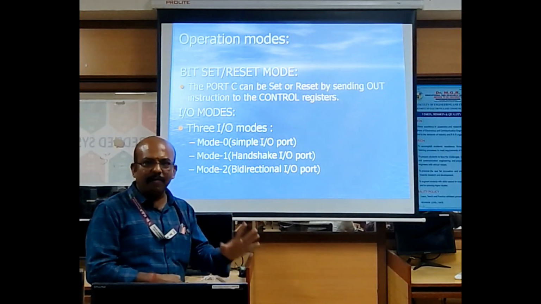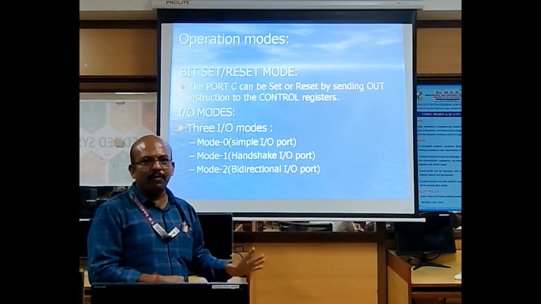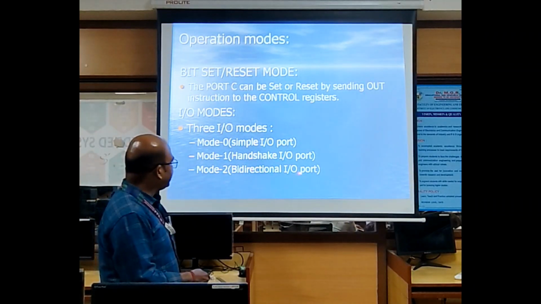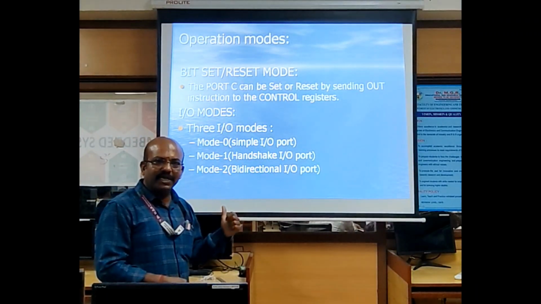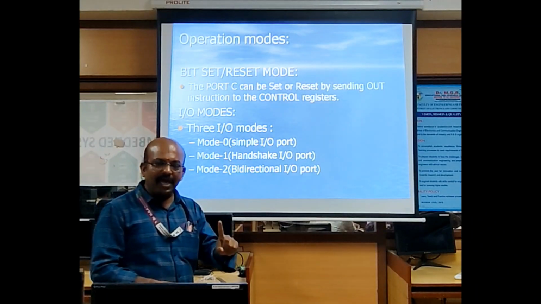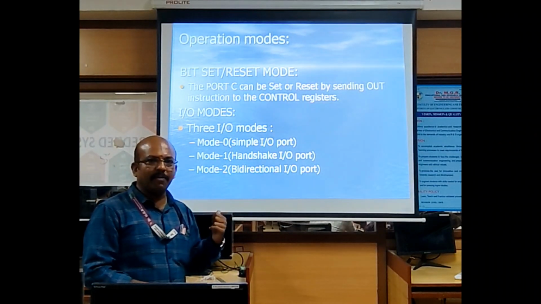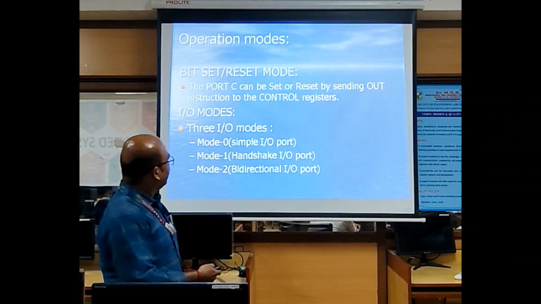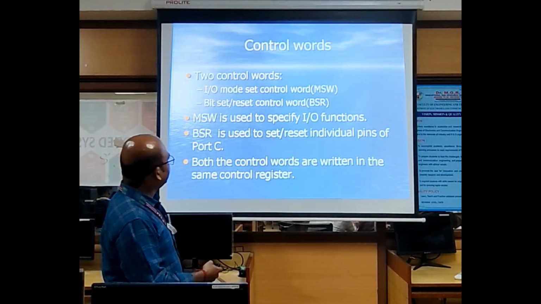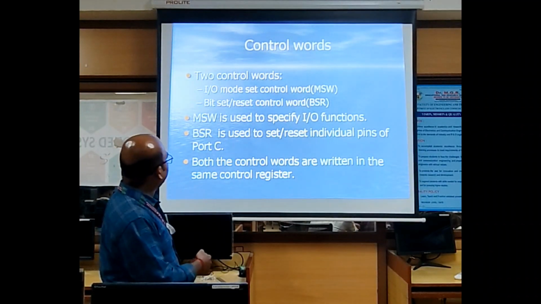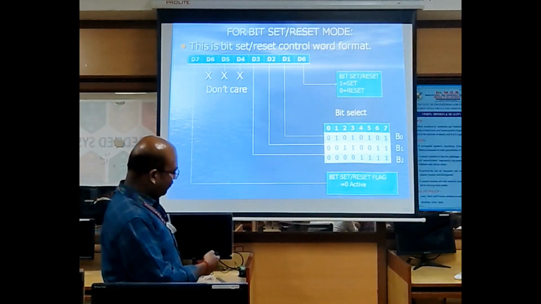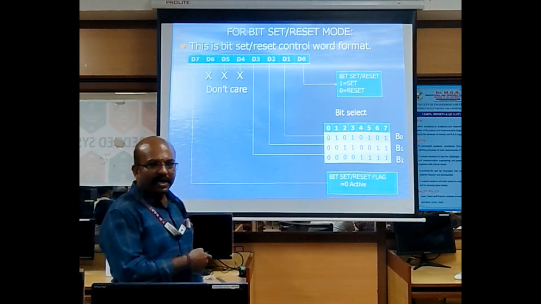So here port A, port B is the IO port, port C acts as the control signals. And mode 2, bidirectional IO port. So in the bidirectional IO port, port A is the only IO port, port C upper is the control signals. So there are 3 types of IO mode. Like that, control word. So there are 2 types of control word, BSR control word and IO control word, right? So first the BSR control word, already I said